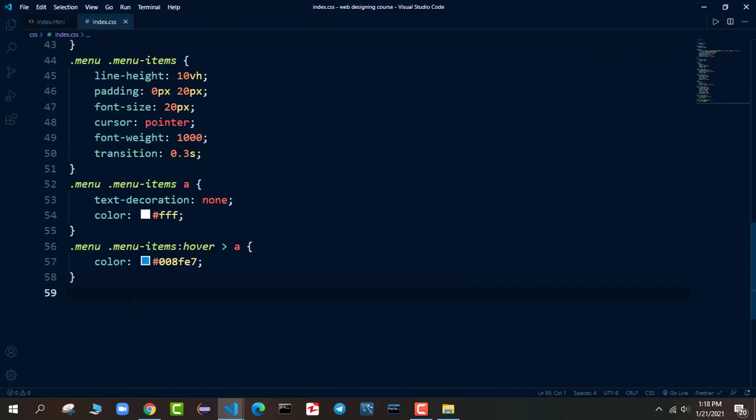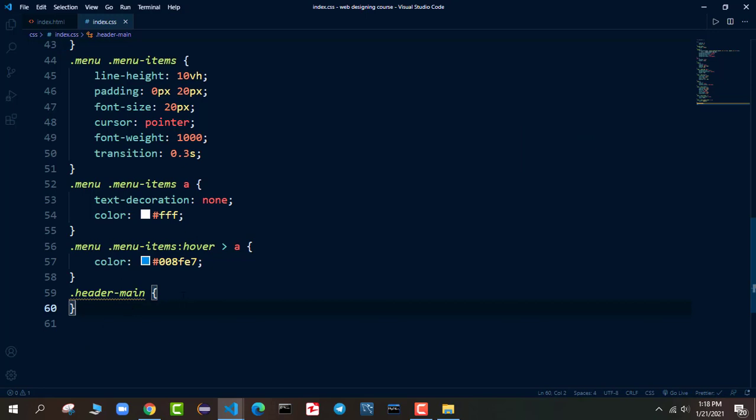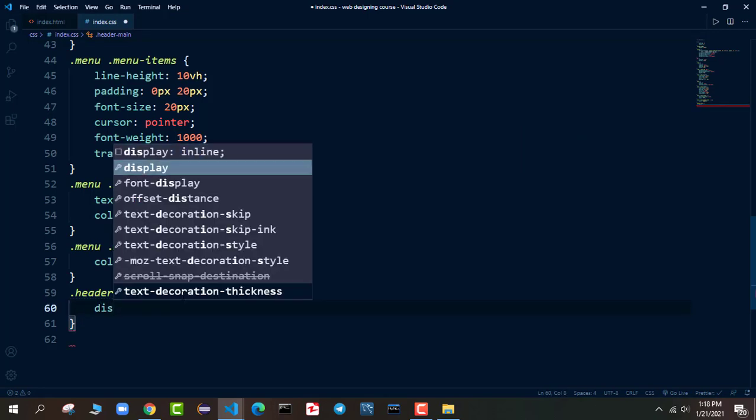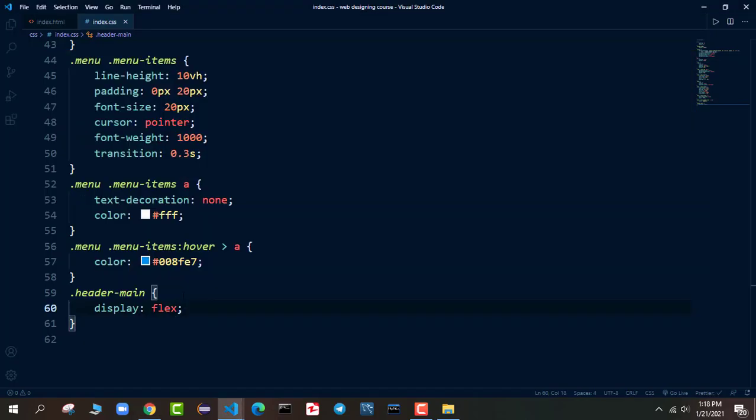Let's style our header class. So we say here header main, but for now let me show you the output that we are getting. If I refresh it, you can see this is what we are getting here. So I will go into this CSS and style them. I will firstly say display flex, so they will be display flex. This is the effect that we will get.